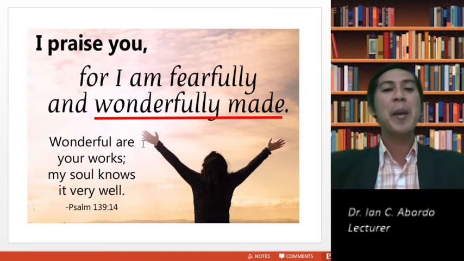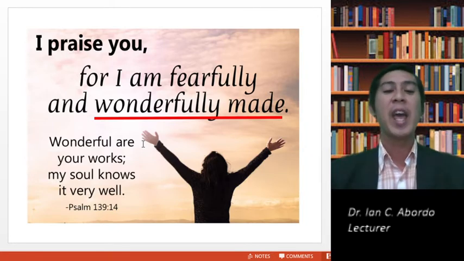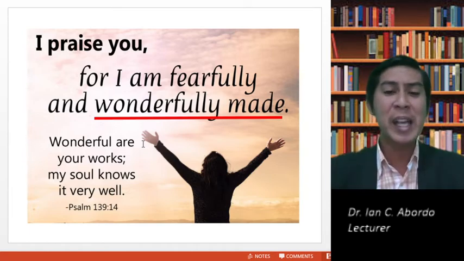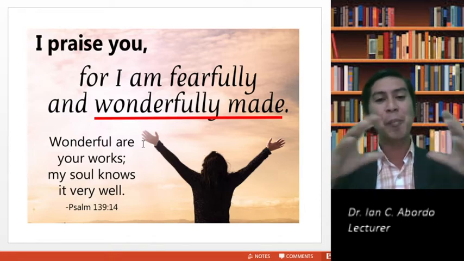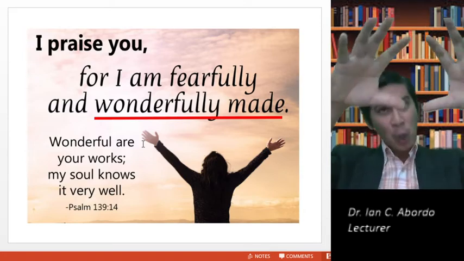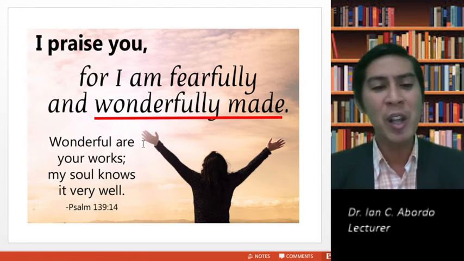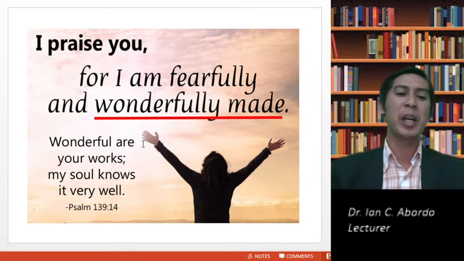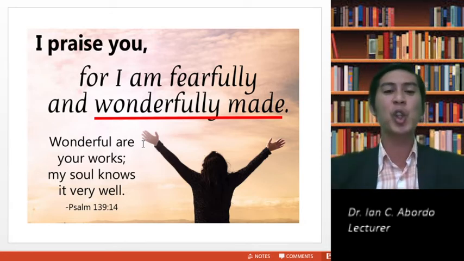The Bible says, "I praise you, O Lord." David said, "For I am fearfully and wonderfully made." Wonderfully made. You cannot make something wonderful without planning. God is our example of planning and organization and understanding the prototypes. "I am fearfully and wonderfully made. Wonderful are the works of God. My soul knows it very well." David understood that